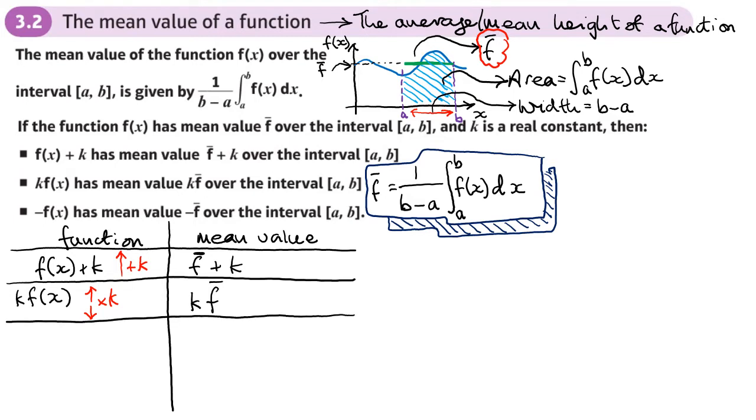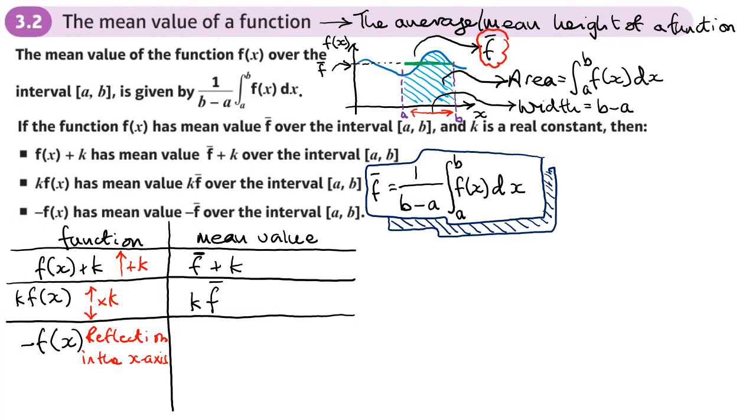So let's say we've got negative f of x. Now let's think about what this does to a function. So this transformation reflects a graph in the x-axis. So this is a reflection in the x-axis,